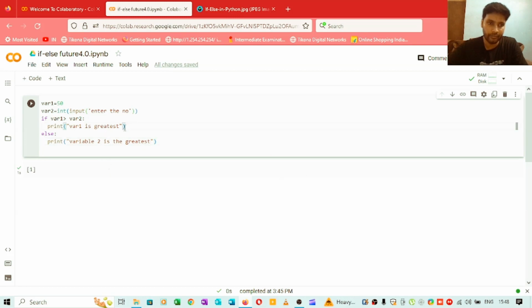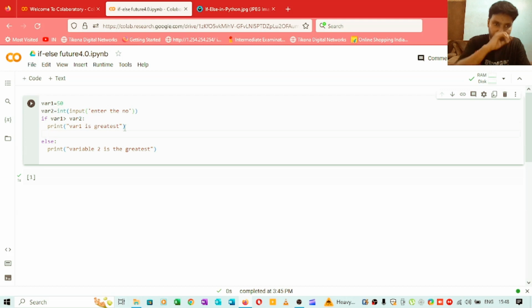So here we will type one more condition, elif, and then the condition would be variable 1 equal to variable 2, and then we have to print